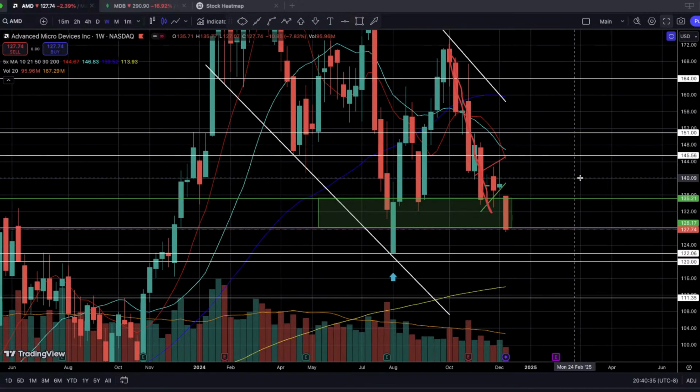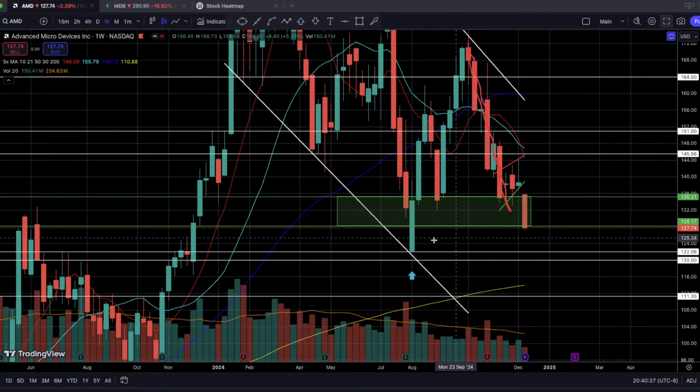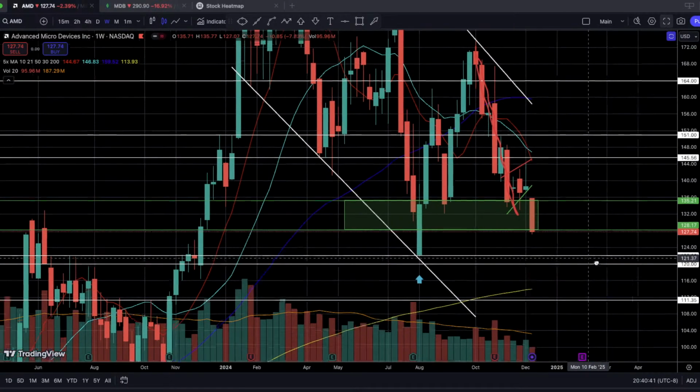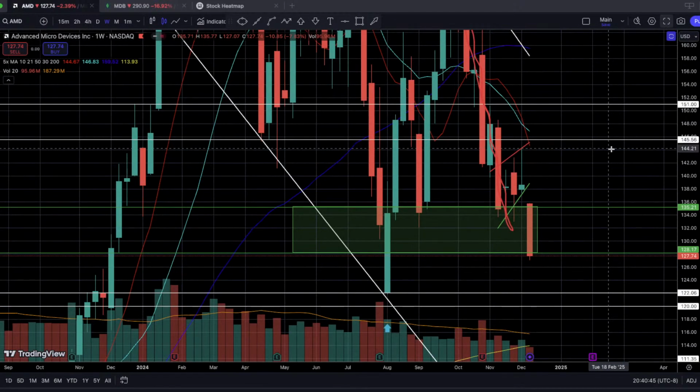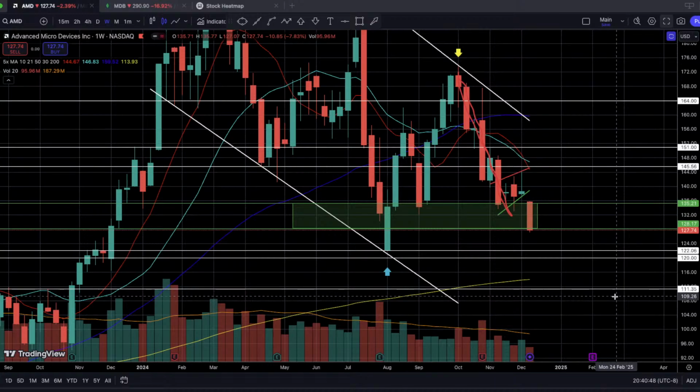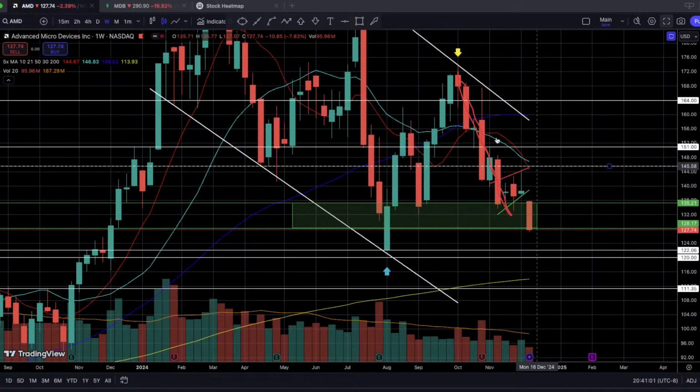Okay, now I'm gonna move away from this 120 to 122 area for just a second, because there is a chance that we can consolidate even more and move sideways in a new range that we're stuck in right now, and that is the 128 to 135 range. This is a previous demand area where I expect some sort of a bounce to occur. So at least, maybe in the next 2 to 3 weeks, we might move sideways to allow the weekly 10 SMA to finally catch up to the price.